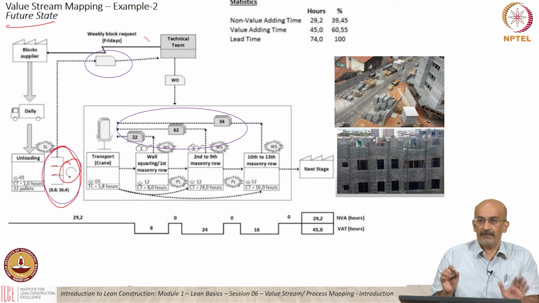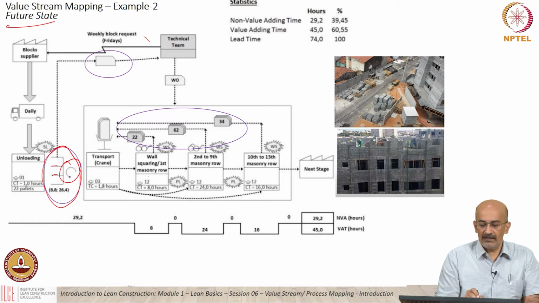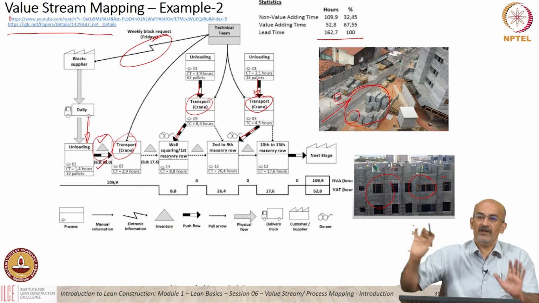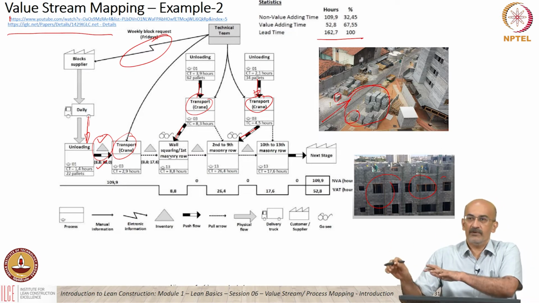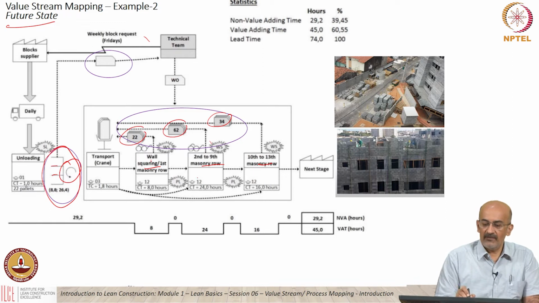Okay, and this block is supplied and stored in an organized manner. Now you can see that these are the different types of blocks required. This is 1, 2, 3, and again this is what you call a Kanban icon. Okay, all this is coming. The crane transports it only when there is a request. Okay, in the earlier case, the crane transported it. It's a push system. They decided whenever, okay, here is a block, someone needs it, I'm going to transport it. Here it's a pull system. Okay, the transport is done when somebody decides they need the next set of blocks, it's sent, the Kanban operates,